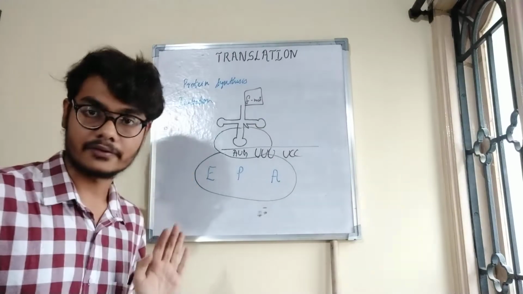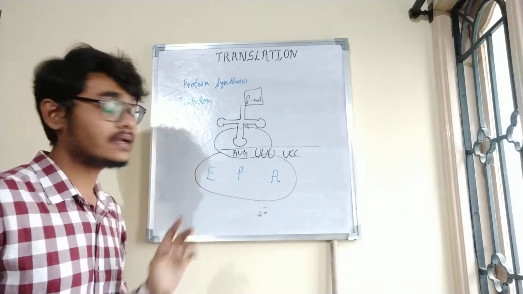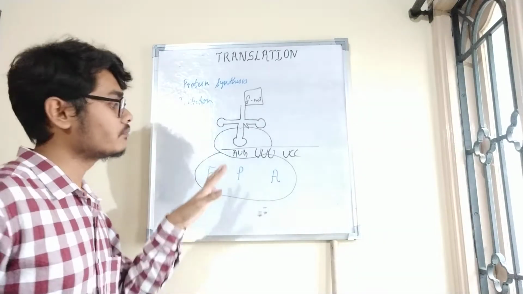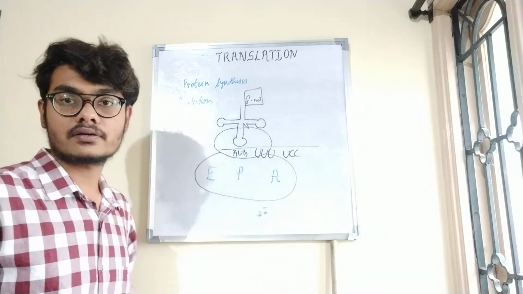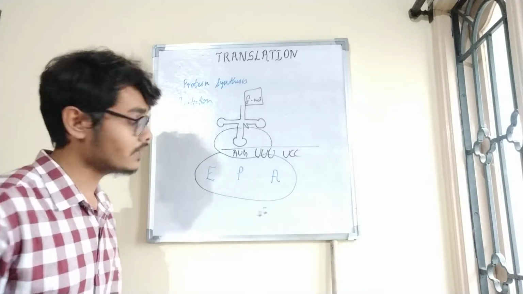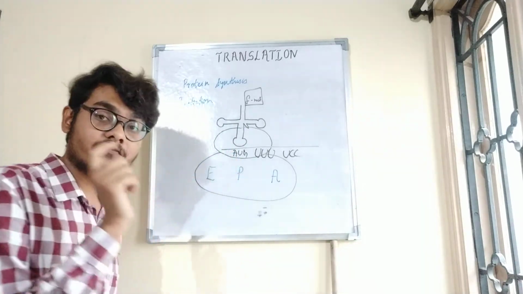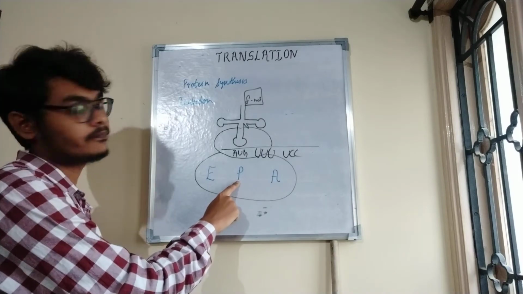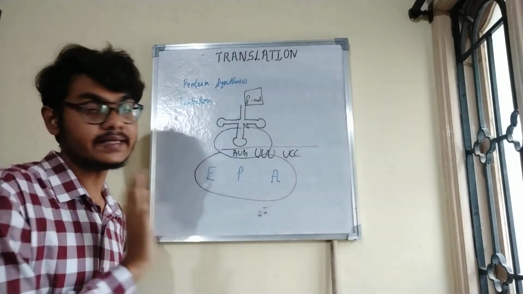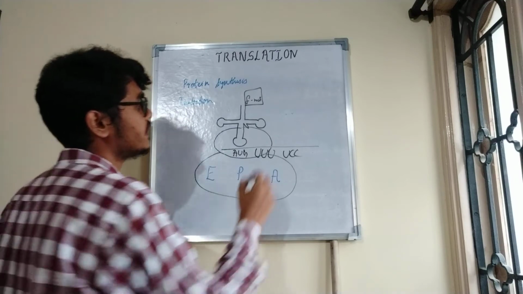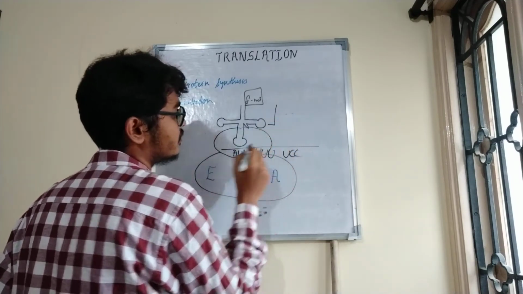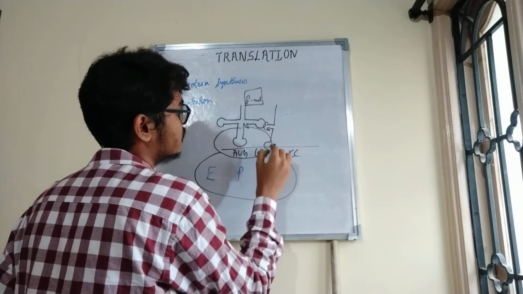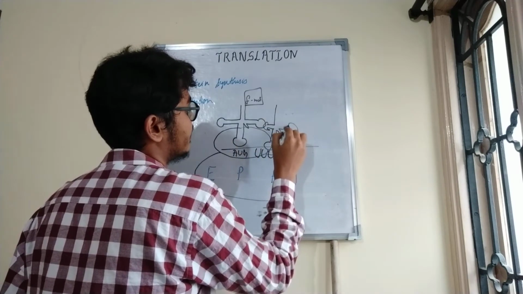That's what is happening here. In this P site, only AUG can come and bind, because all the other codons are read at site A. Only the AUG, the first codon, the start codon, will be read at P, and the rest all at site A. Now the next tRNA comes, since the site is still open, and binds here.